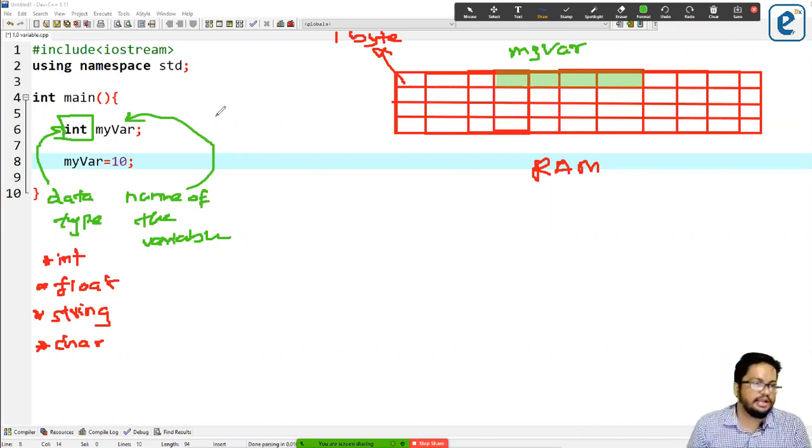Now I have first declared the variable, myva. So this is the first thing that happens. That means 4 bytes from your unallocated memory will be reserved for myva, right? The name is myva. Then the second thing, I can assign a value to this variable.